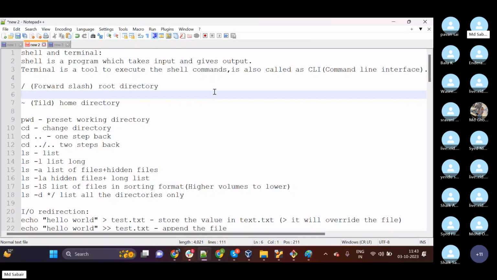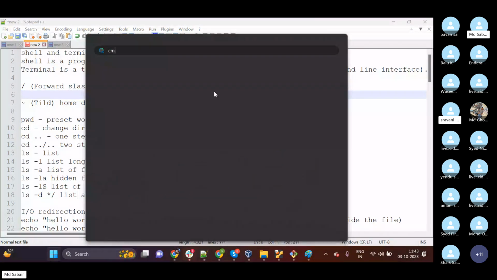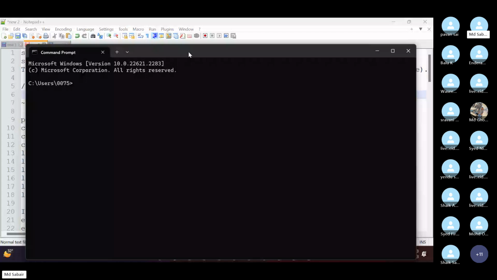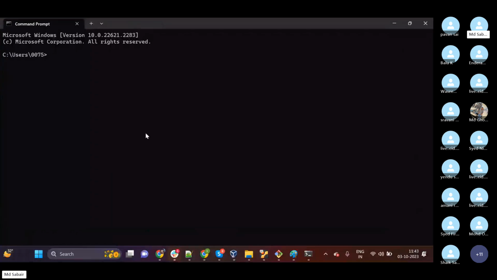So do we have any terminals in our Windows machines? Yes, we do have CMD. This is the default terminal available in Windows.